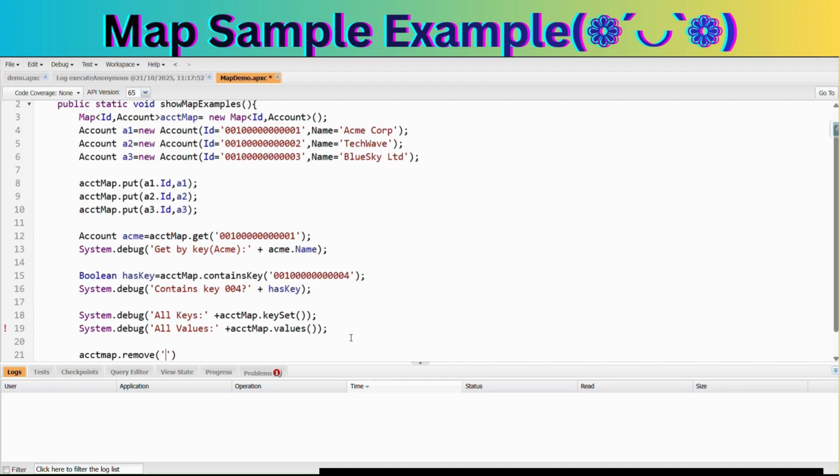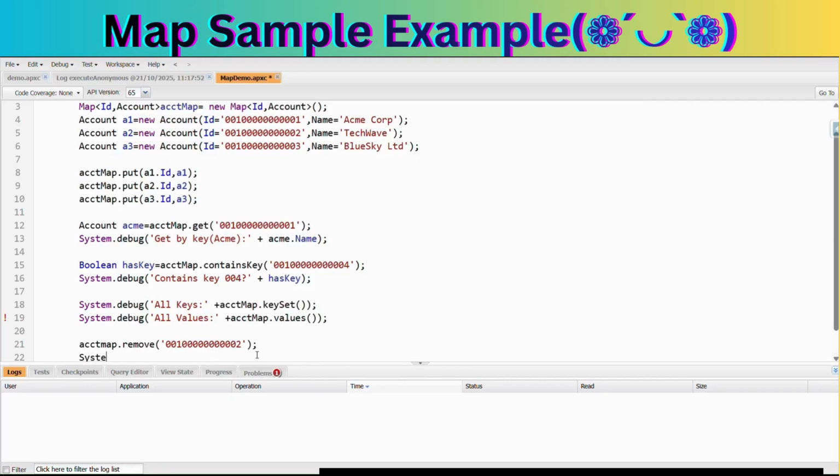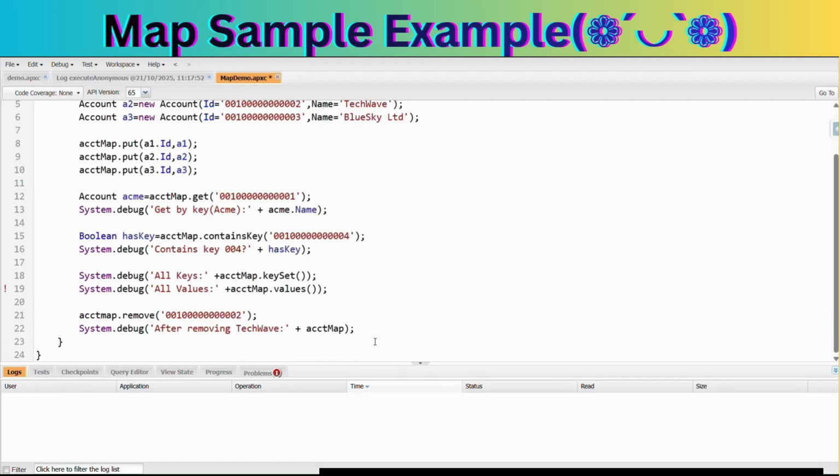See, by using this system debug all keys, and just copy and paste for all values also. So all keys and count map dot keySet, and for finding all the values we will just replace keys with values. Let me do it for that.